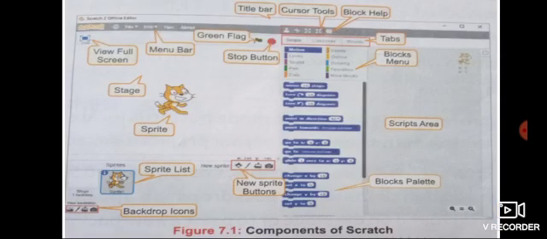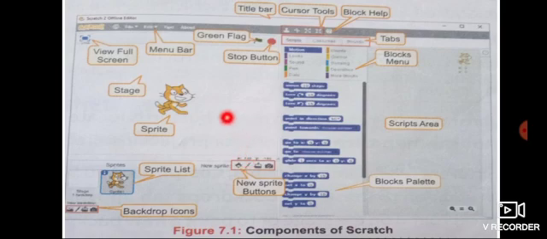Students, as you all know, Scratch is one of the easiest computer languages. Children can use Scratch to create their own games, animated stories, and projects with great ease. To work on Scratch, we have to first open it on our computer. To start Scratch, we have to click on the Start button, choose All Programs, and then from All Programs, click on Scratch 2.0. And here, the Scratch window opens, which you can see on your screen.